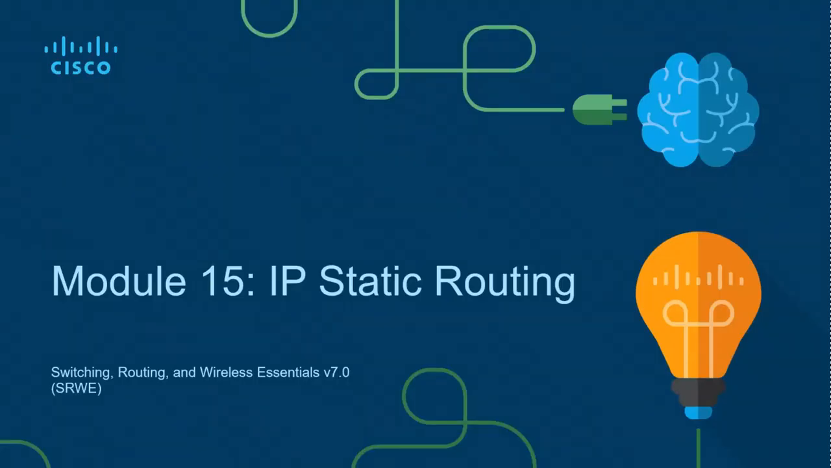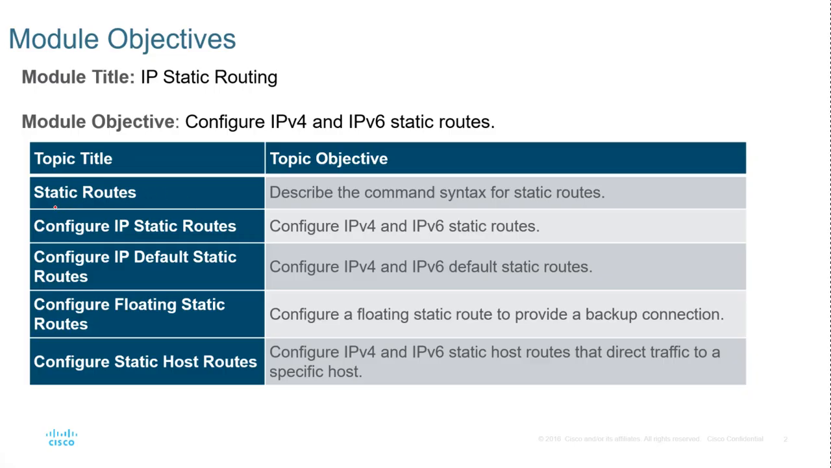Hello, this is chapter 15 and it's about IP static route. So we're going to deal with static routes, how to assign the IP, or configure the static route. The areas to cover: static routes, then configure IP static route, configure IP default route, then configure floating route, and then configure static